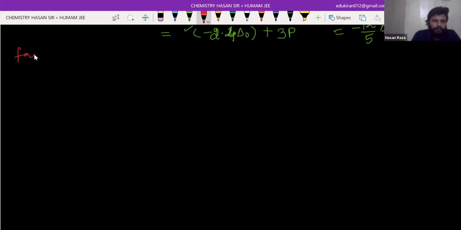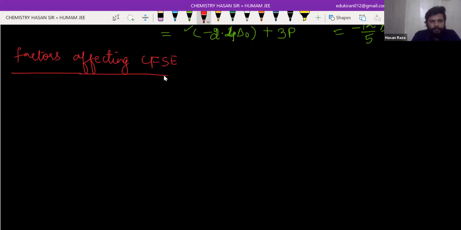So, factors affecting crystal field stabilizing energy. Okay, so I'm going to write it down. CFSE. It's a mnemonic for CFSE. Just write it like this. The capital letters have meaning. CFSE has